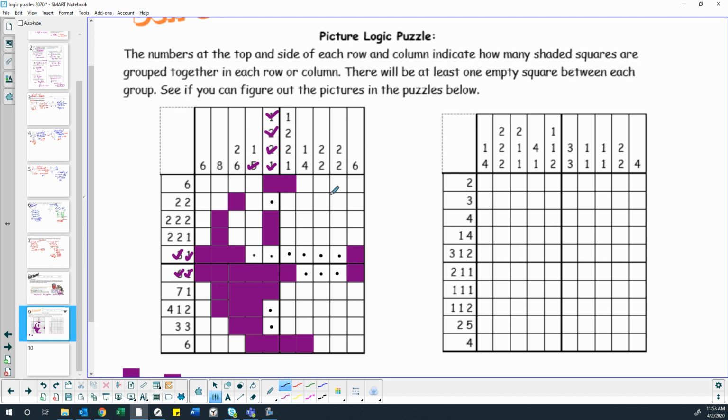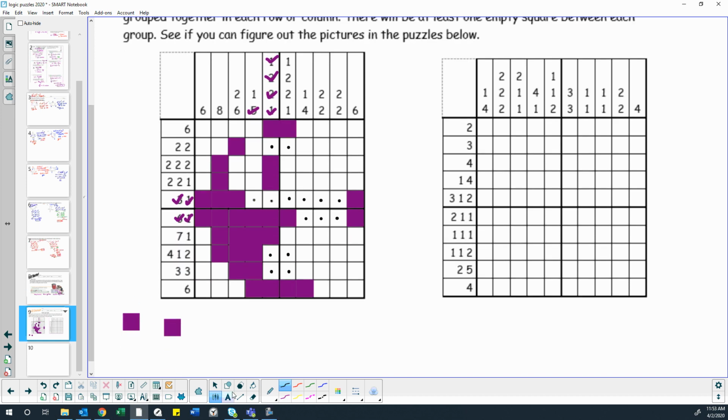So now I can go through and do that with the next column. I have a 1, it's already there. I need a 2, probably has to go right there. I need another 2, it probably has to go right there. And then I have a 1 that's already filled in. Pretty sure this one's just going to be a copycat of the last one because that's the only place it can go. So fill those blocks in